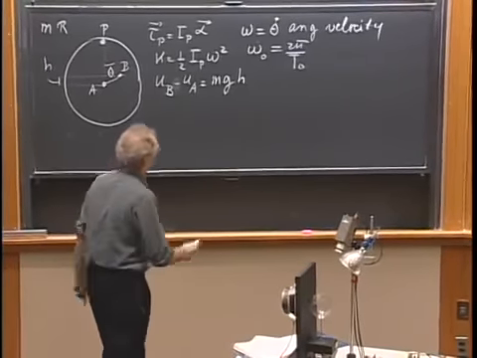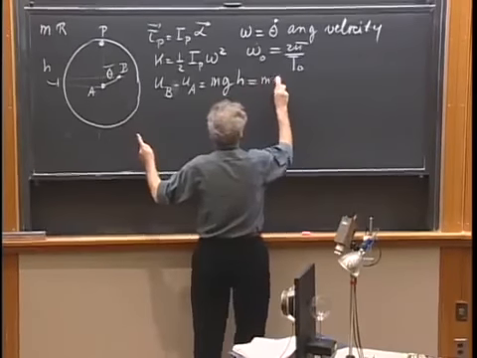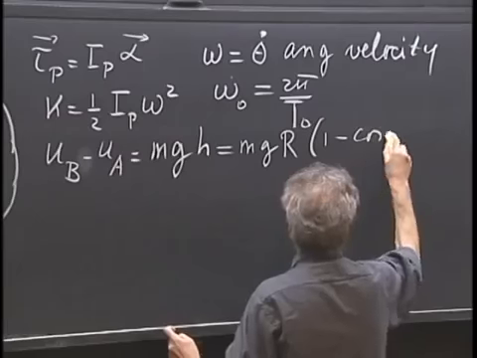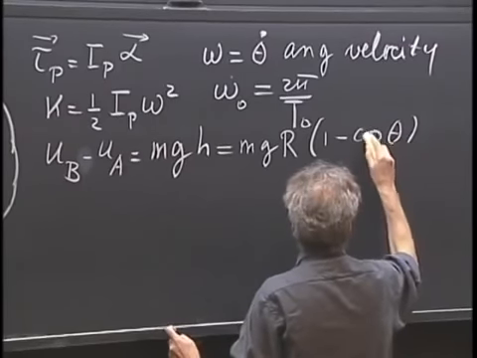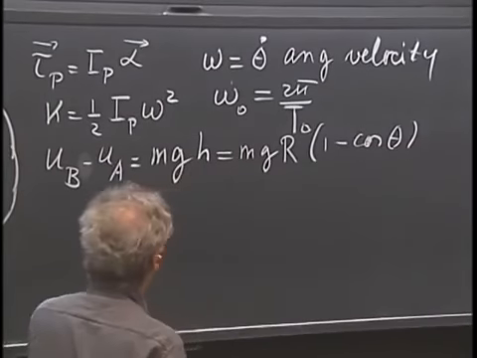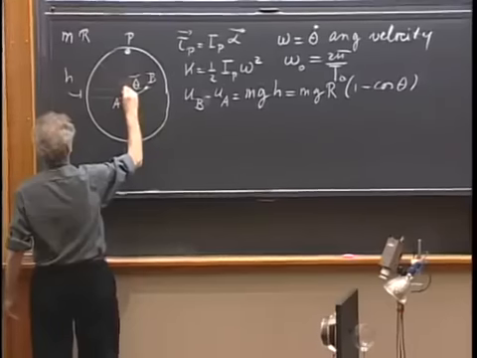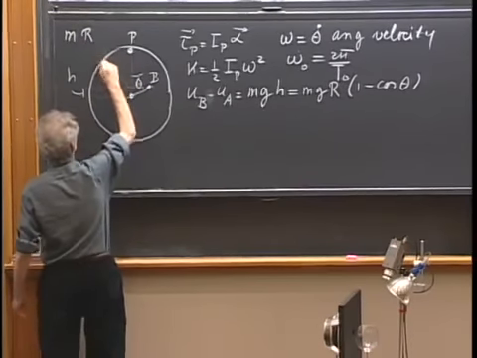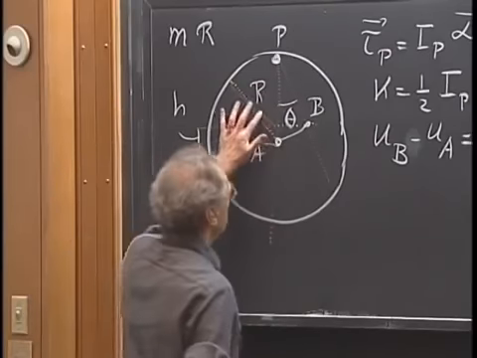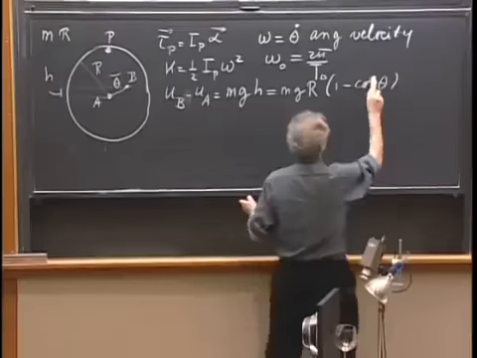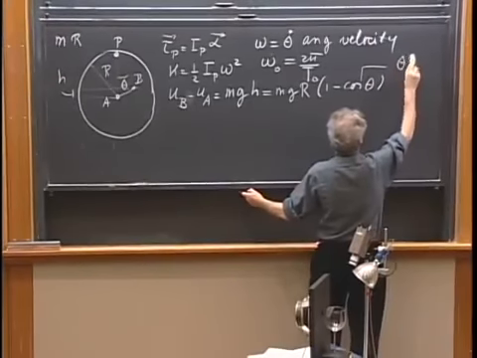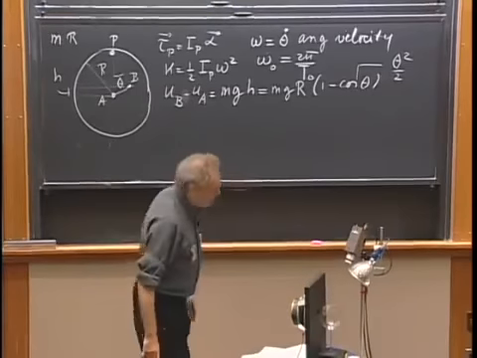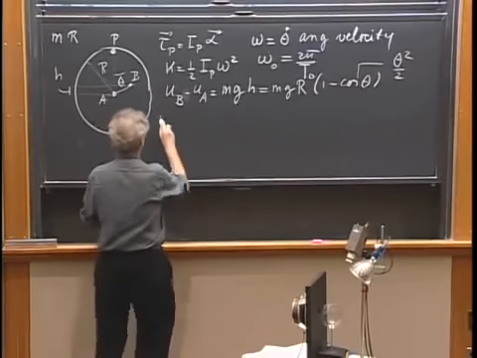Now h is very easy. h is the same as r times 1 minus the cosine of theta. We went through that many times, so you can easily confirm that. r is the radius of this circle. This is the radius. Now, for small angles, the cosine of theta is theta squared divided by 2. And so I can rewrite this differential equation now, that E total